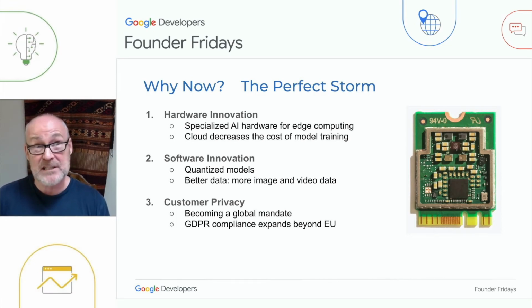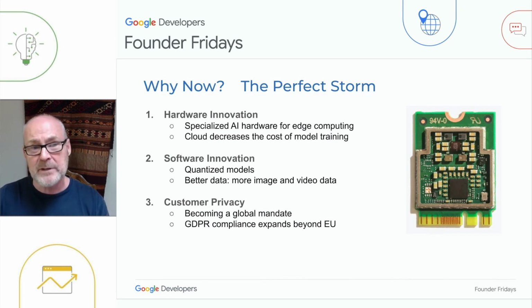Why is telematics for buildings relevant today? Well, the simple answer is it's relevant today because it's only been possible since a very short period of time. The biggest change that's made occupancy measurement practical is the fact that hardware and semiconductors in particular have improved in capacity to make the cost of edge computing very low. The image you see on the right is an image of one of Google's Coral boards. So hardware innovation makes it easier both to calculate the model and possible to calculate the model at the edge. It requires very little power, but delivers tremendous performance.